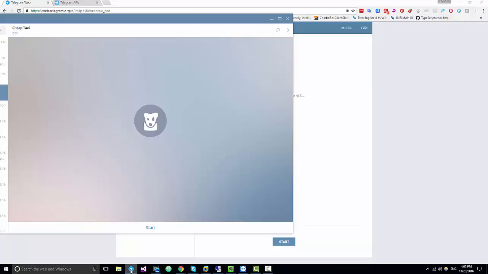And here I have the native Telegram client for Windows, and you can think about this client as a mobile device in your right hand. Alright, so I'm gonna show you how we can connect passengers and drivers together,